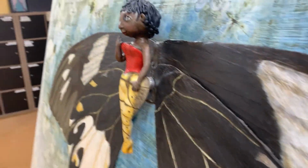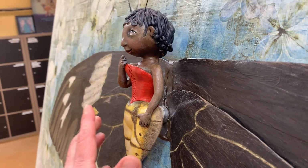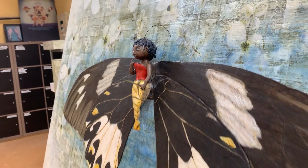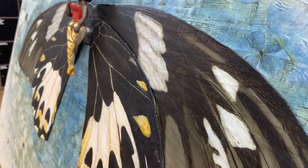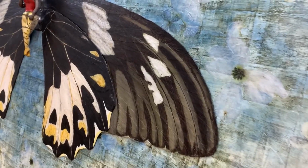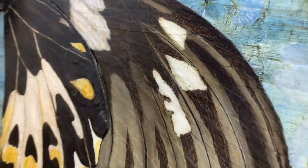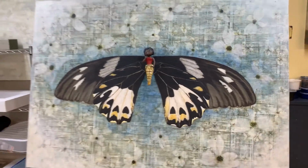This figure actually removes, and so it's a perfect piece for shipping. And then these butterfly wings are separate wings. They are made out of mat board and layers of paper. I don't know if you can see the layers of paper. And then they're painted with acrylics. So that's my